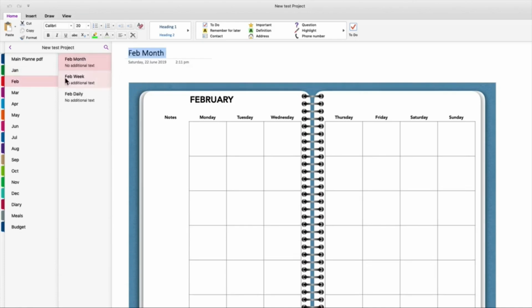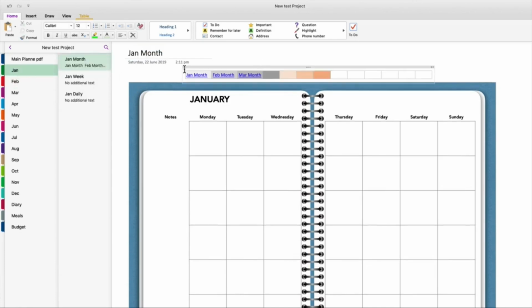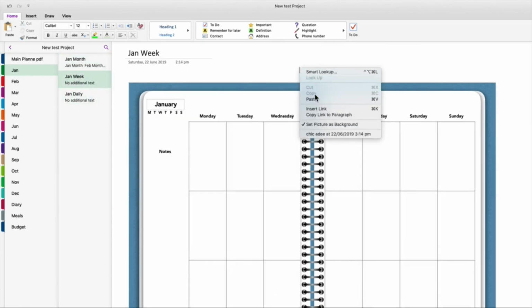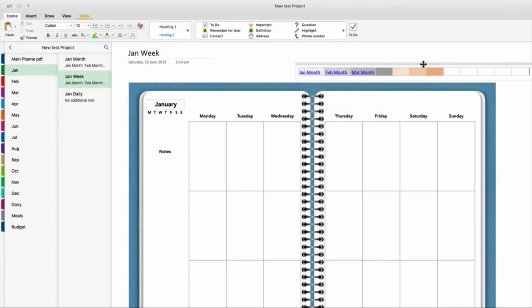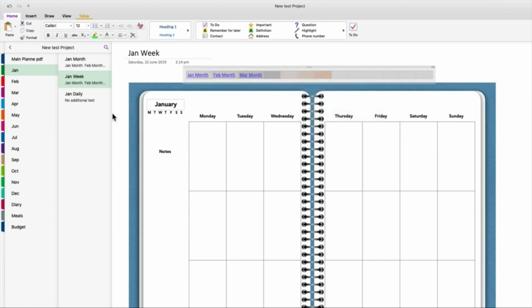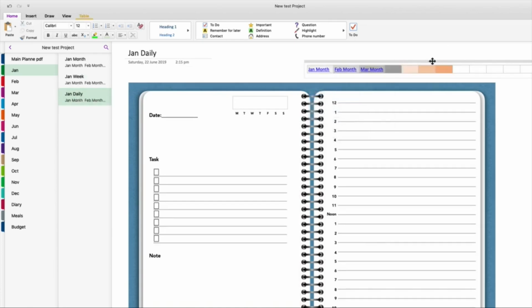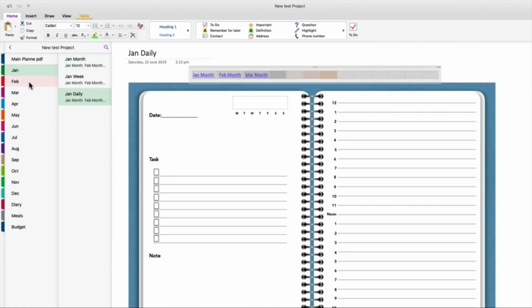Now once you are on January, you've filled all these in for what you want, all you do is you just copy that, they're all filled in, and then you go to January week or January daily, every page basically, and you just copy that and paste it in. Right, just set it up where you want it, central somewhere on a daily, and that means no matter where you are, you can always go through the months as in tabs. Not that you actually need them. Again, paste here,